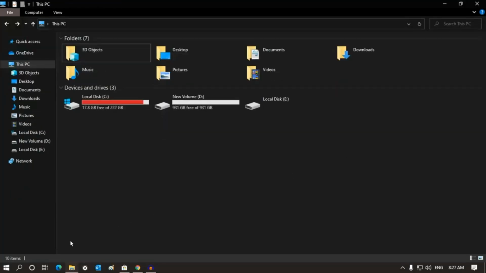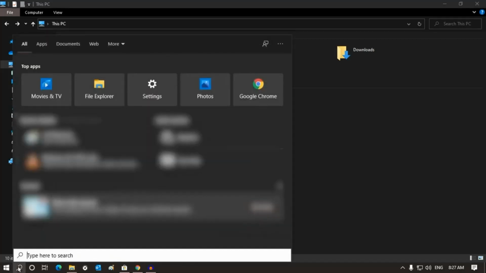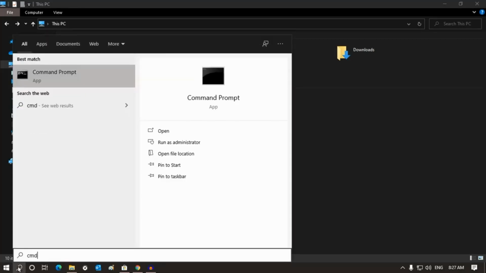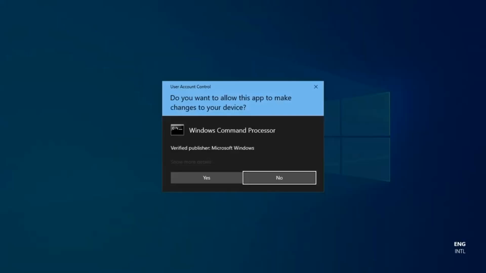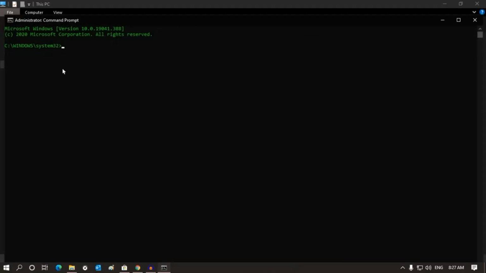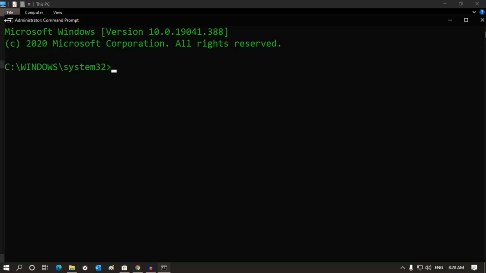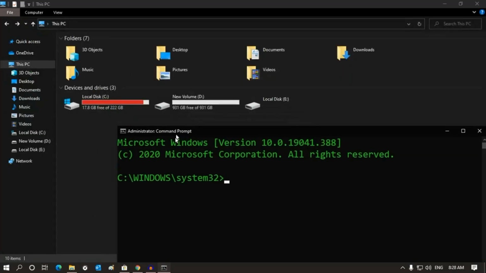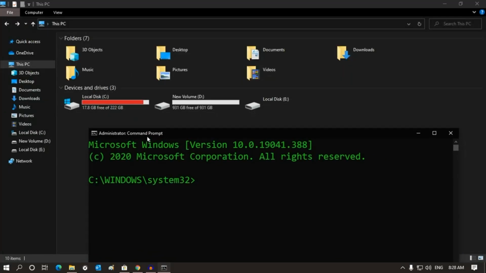At first, you need to go to your start menu or click on this search button and type cmd. Now right click on command prompt and click on run as administrator. Now click on yes. Once you have opened the command prompt window, you need to put some command over there, which I will give you in my video description. The command is